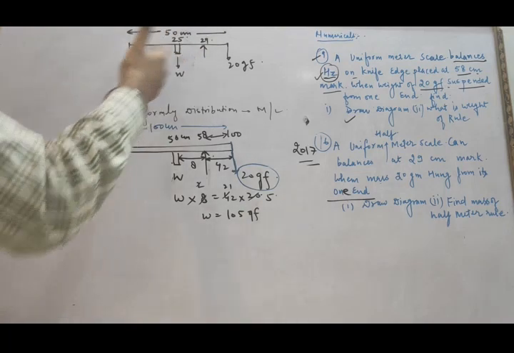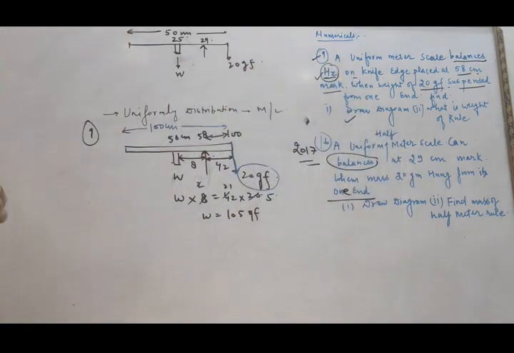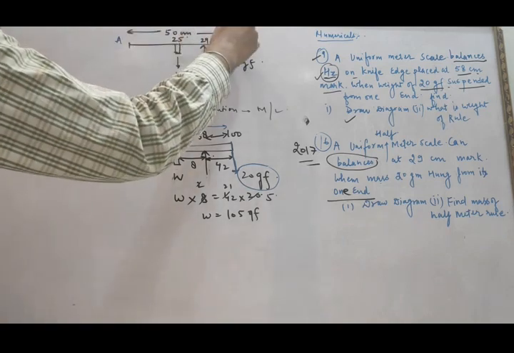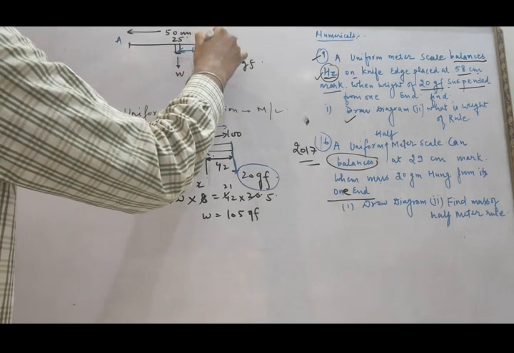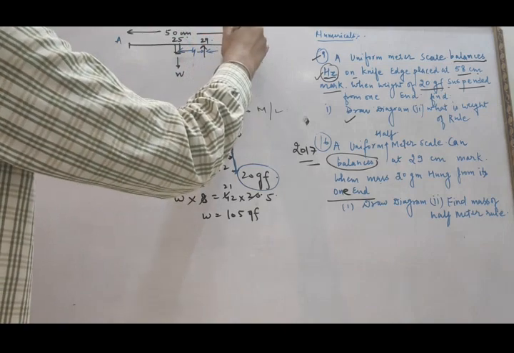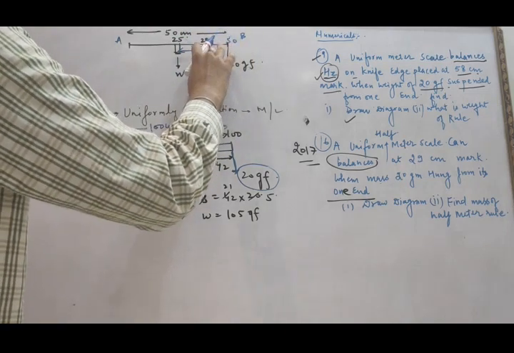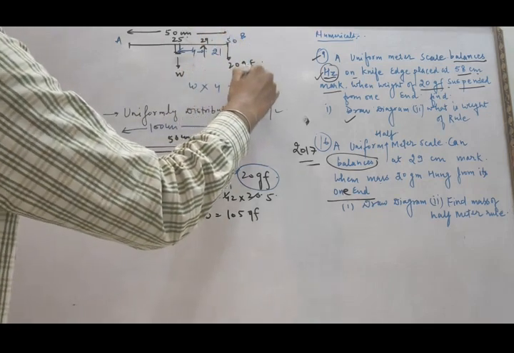So how can this be balanced? It is clearly mentioned in the question that it is balancing. That's why we can have an idea that the 20 gf force will be exerted at this end, at point B. So we will simply apply the principle of moments. It is 4 and this is 50. So 29 minus 50, that is equal to 21. So simply apply W into 4, 21 into